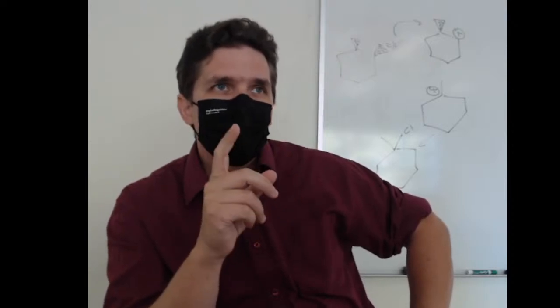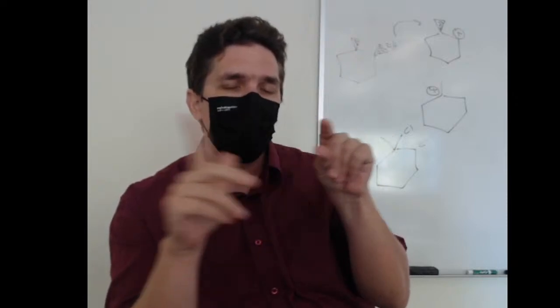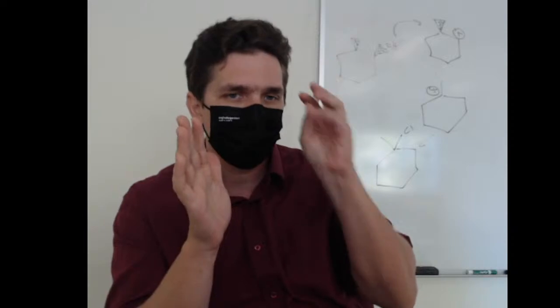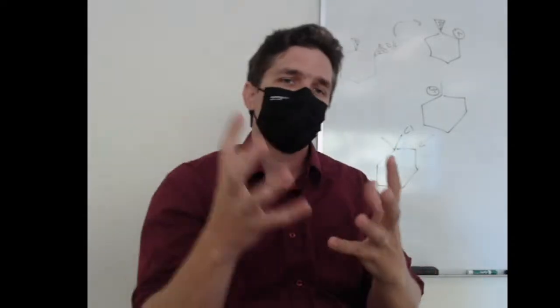So if you look at CF4, the carbon-fluorine bonds are super polar. Between the carbon and the fluorine, there's a big charge difference: the carbon is very positive and the fluorine is very negative. But with CF4, all the fluorine is on the outside, so it looks like just a big ball of negative. There is a positive and negative in the molecule, but the positive end is within the molecule itself, so